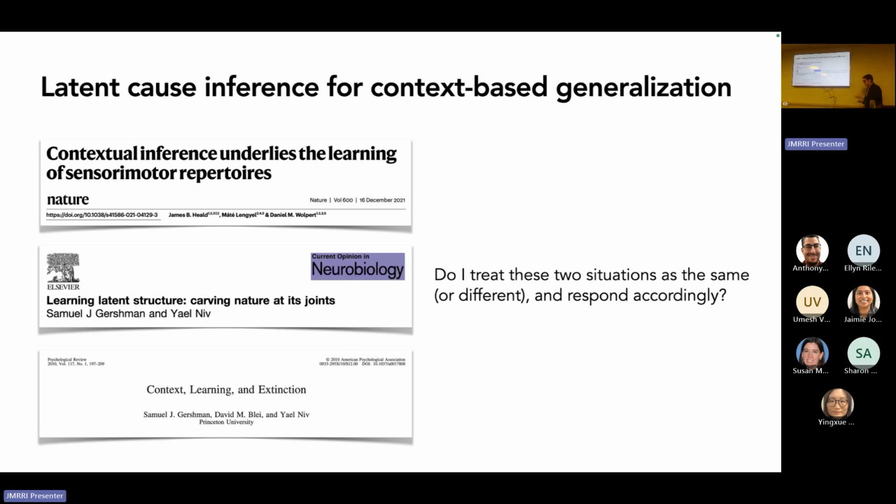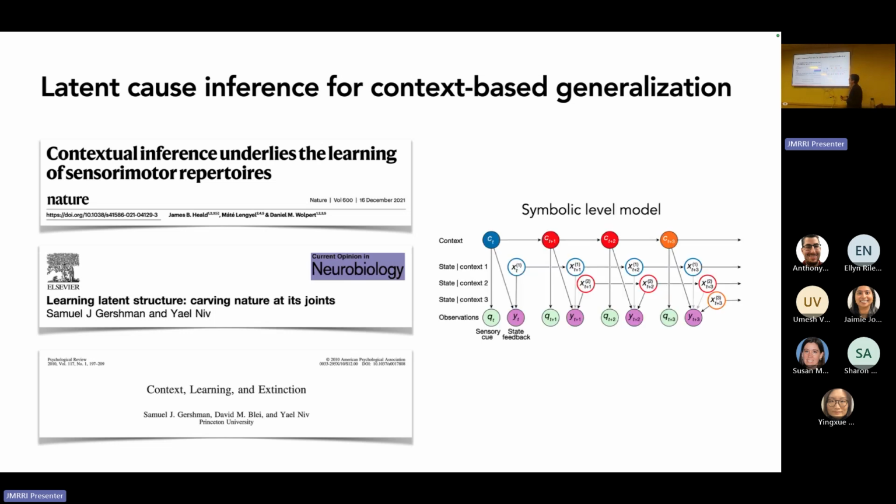And the way that these models work, they're kind of at the symbolic level, right? You have some context that you're estimating. I'm in this blue context, okay? And if I'm in this context, there are some cues that I'm getting, whether it's my melody or delays. There's some feedback that I'm getting that is linked to that context, right? And I can set up more than one context. If something changes, I can split off into a new context, right? This is a symbolic level model, and it's nice. You can explain it, you can write out the equations, but you can't really get into the dynamics at, say, at least one step closer to a biological level of what's happening in the brain.